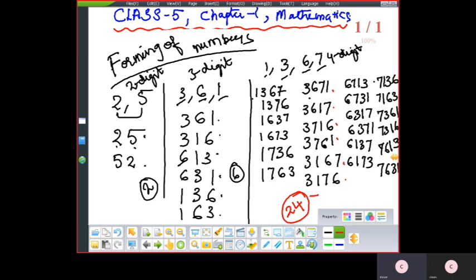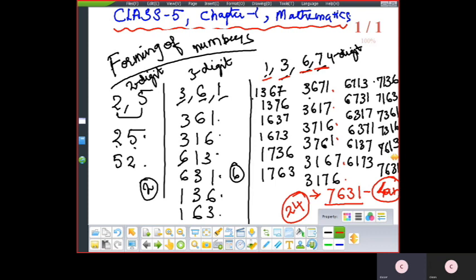So largest number, you can form it using the digits. How will you form it? Arrange the digits from big to small. So what is the biggest digit here? 7. So 7 after what is the next digit? 6. 6 after 3. 3 after 1. So this is the largest number. Yes, children? So this will be the largest. Arranging the digits from big to small, that will become the largest 4-digit number.